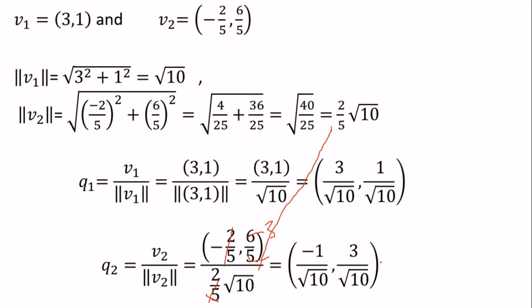So what we have learned today, a very important procedure, the Gram-Schmidt process to obtain orthonormal vectors if some vectors are given. In short, if u1 u2 is given, we can find v1 v2 and q1 q2. If u1 u2 u3, 3 vectors are given, then how to find q1 q2 q3, that we will learn in the next lecture.